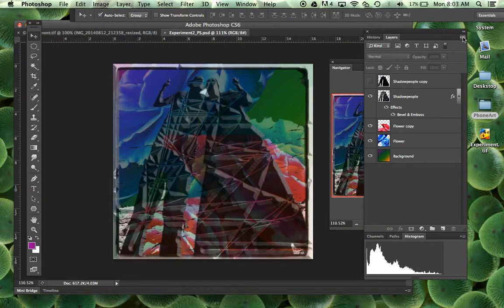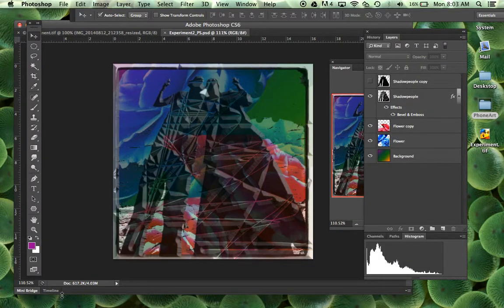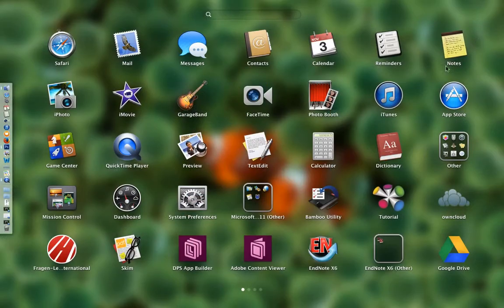When I'm ready to print, I always want these layers open, what we call open and unflattened, because I want to be able to edit them again maybe. But if I want to print, I want to flatten it so that it's a smaller file size. So if you look down the bottom here, before I do this, have a look down here. These file sizes tell you how big they are and how big they are to print. So if I flatten this,